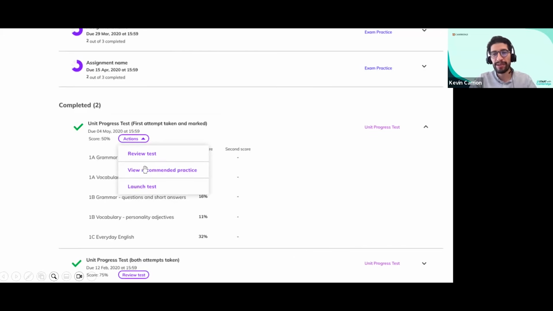The Cambridge One platform will offer a specific section of the digital workbook that the student can go over and do just to revise or consolidate the target language that was maybe not perfectly consolidated. So that is one of the advantages of using these digital versions of the unit progress tests and the competency tests.